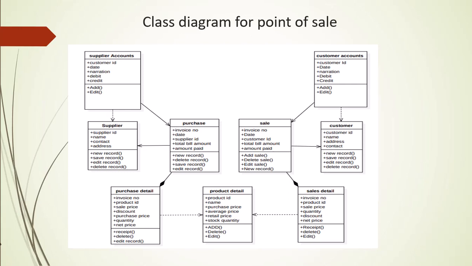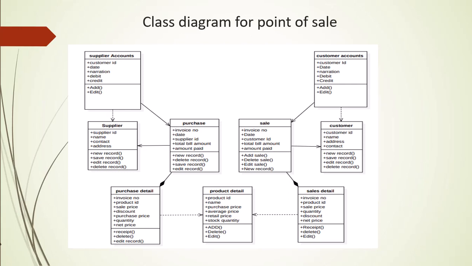As sale and sale detail are in composition, both depend on customer and products. Similarly is the case with the purchase. So purchase main depends on supplier and purchase detail depends on the product. So there is a strong dependency between purchase detail and product detail, and between purchase main and supplier there is